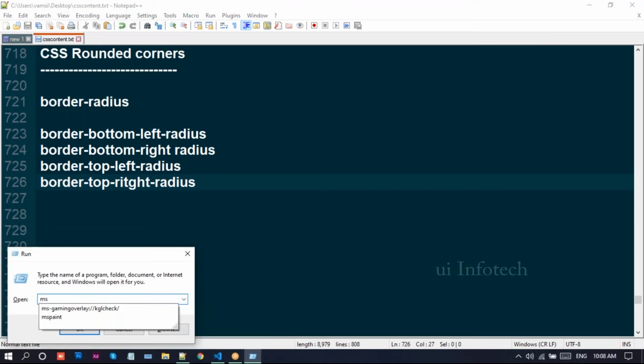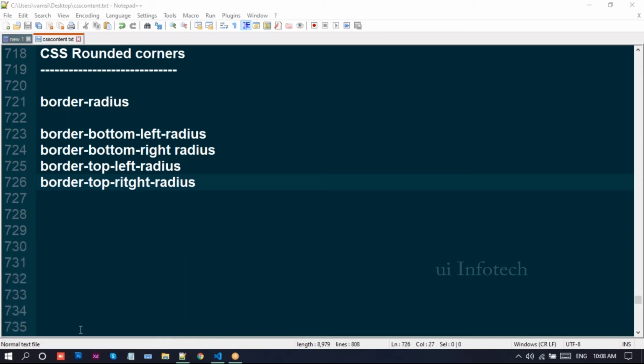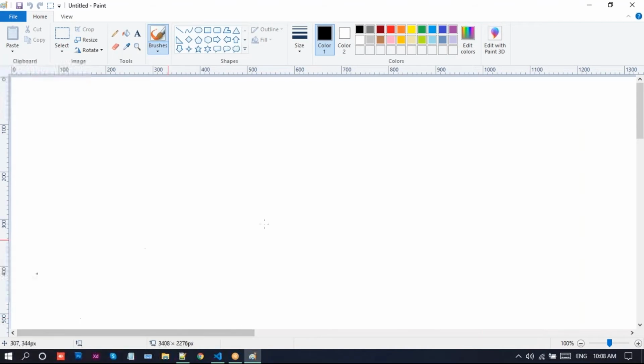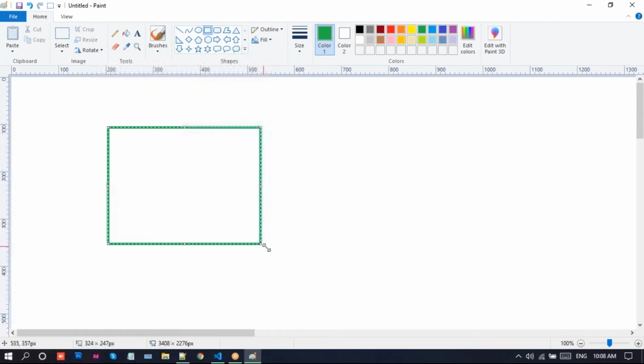Let me open this notepad, and let me open MS Paint. Basically every CSS element has a box model, which is a rectangle. So I'll draw this rectangle there. I'll select this green color and make this rectangle. Now look at this one.